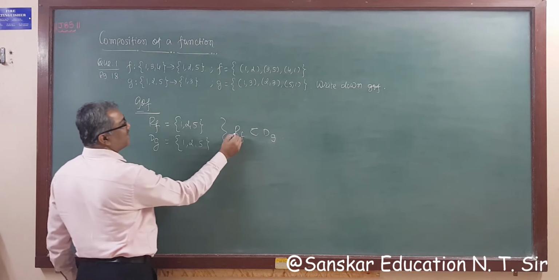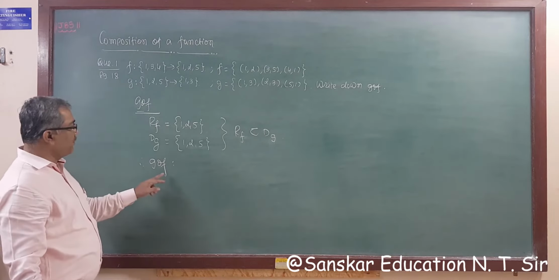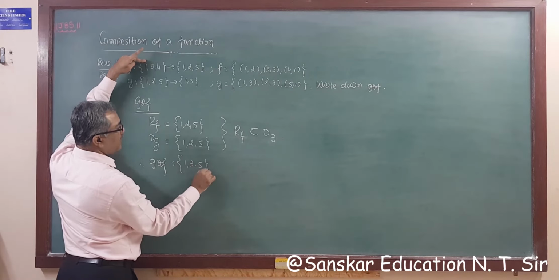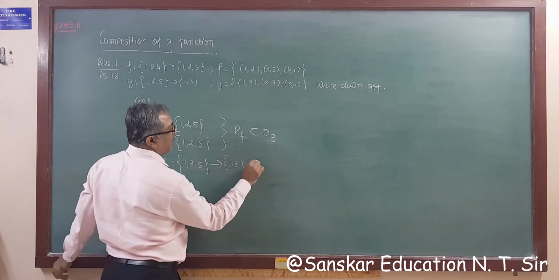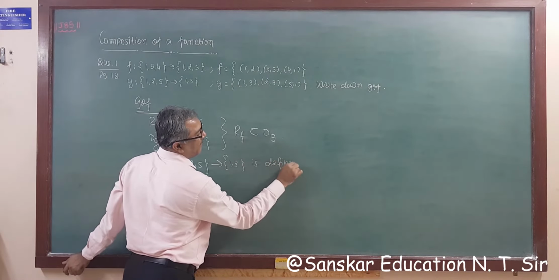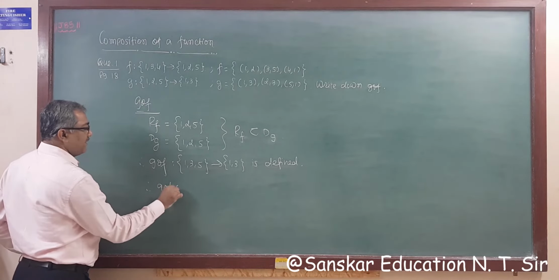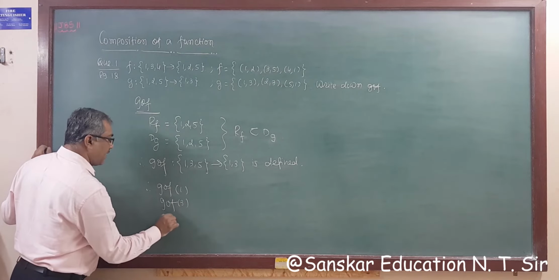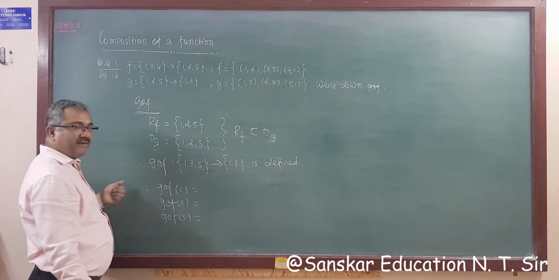This happens sometimes, right? So therefore g over f. Now for g over f, you have to take f first. F is 1, 3, 4. So 1, 3, 4, and we have to take g there. The answer is 1, 3 is defined, right? So therefore g over f, we have to take a value from the domain. So domain 1, then 3, and then 5. You have to find 3 values, right? You have to find them 1 by 1.